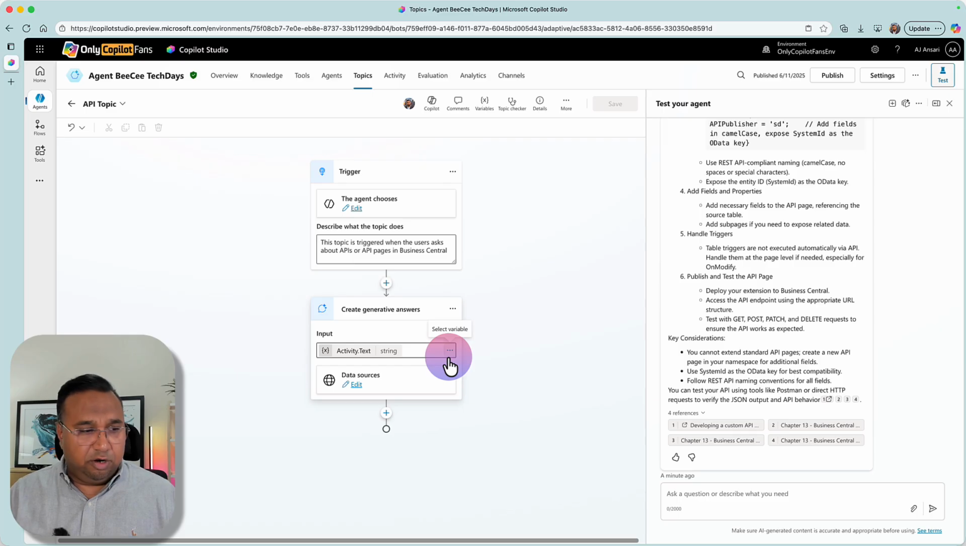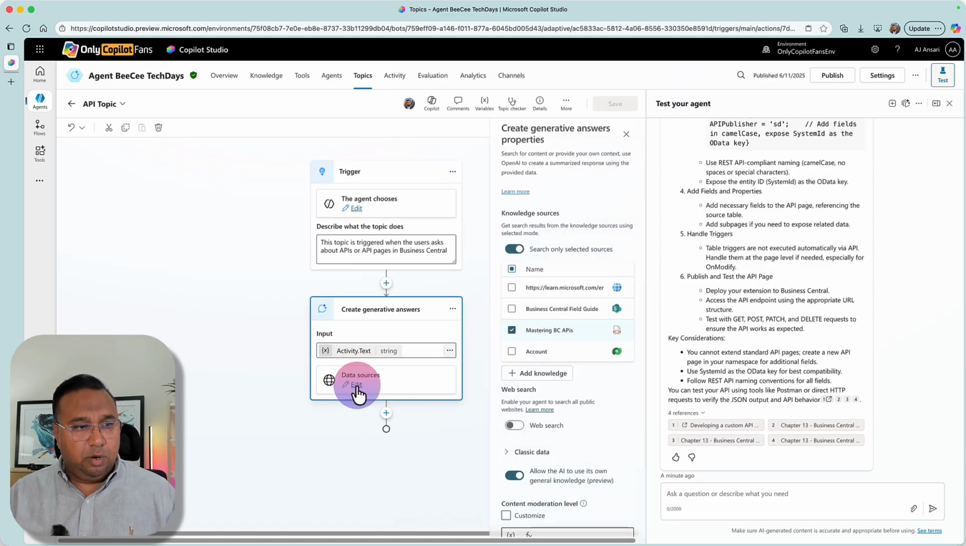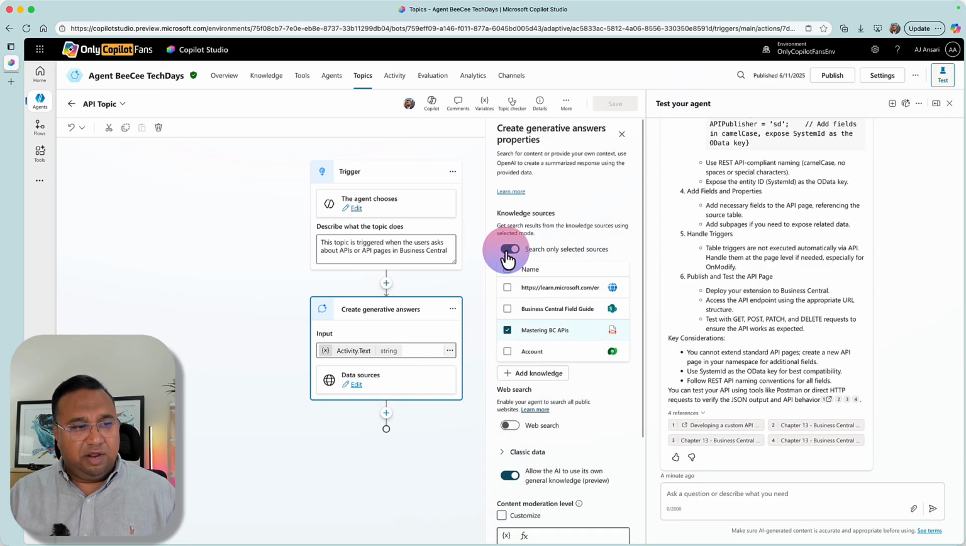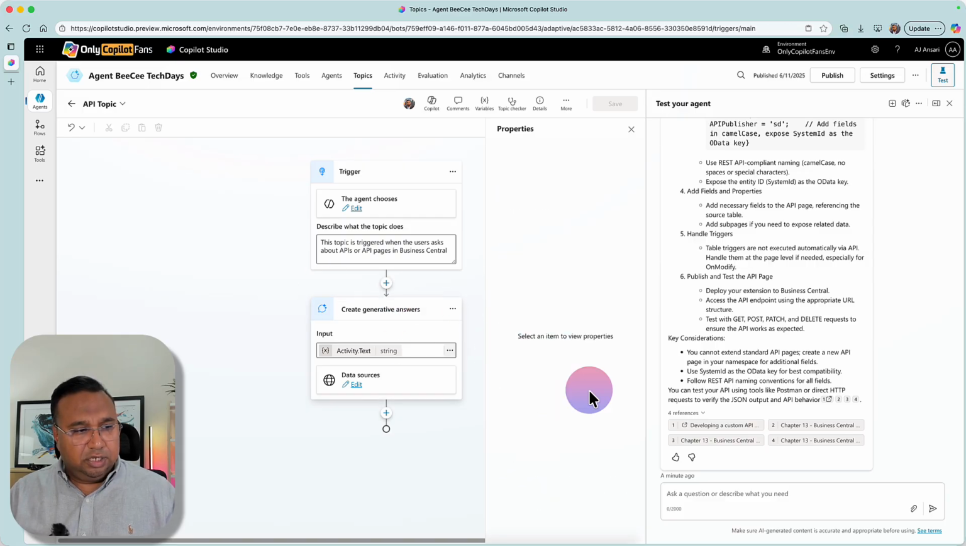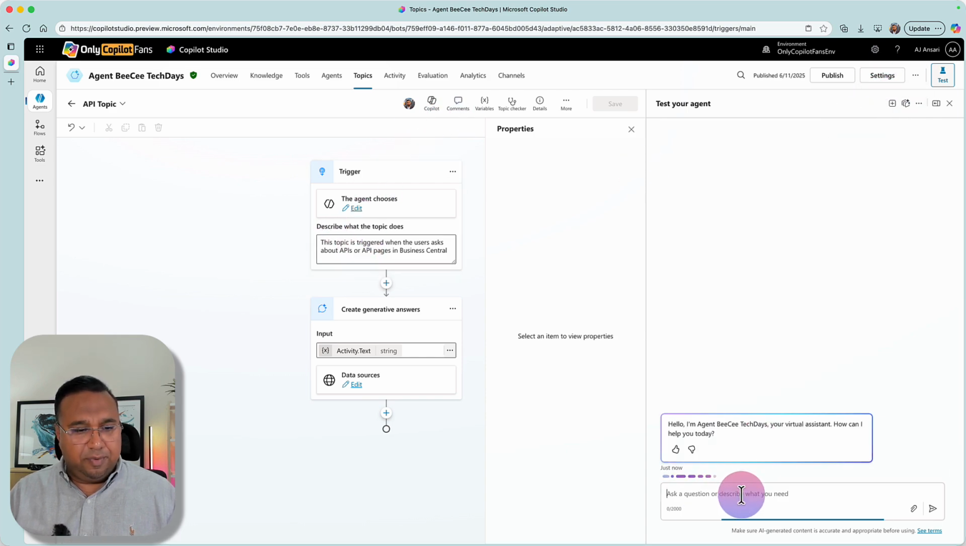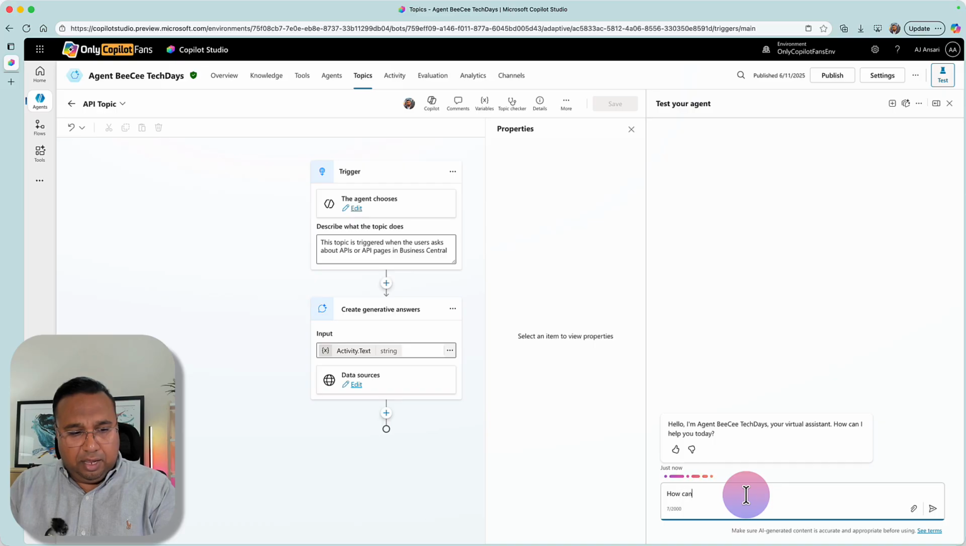But what will it create the generative answer from? What sources of data will it use? So I can click edit here, and what I've done here is I've enabled the option to search only selected sources, and then I've selected the Mastering BC APIs book, which is that Chapter 13 PDF I was talking about. So if you notice, none of the other choices are selected. So once this agent is told that this is the only source it should look at when it comes to APIs or API pages, and then I ask a question about how can I create an API page in Business Central,